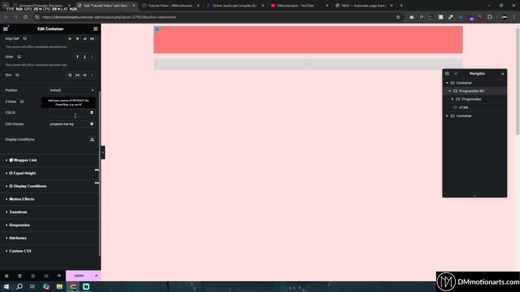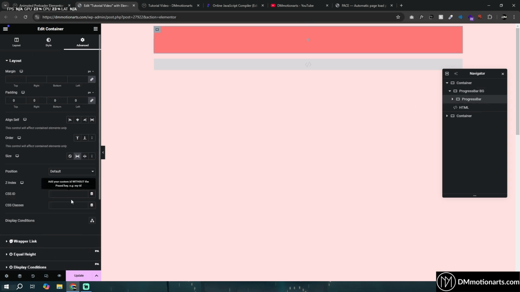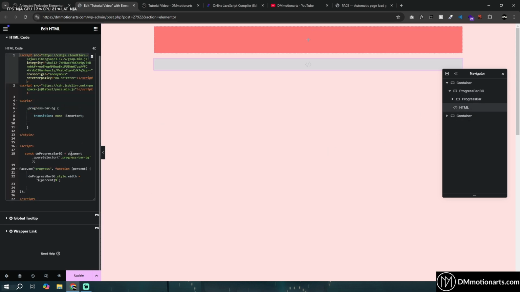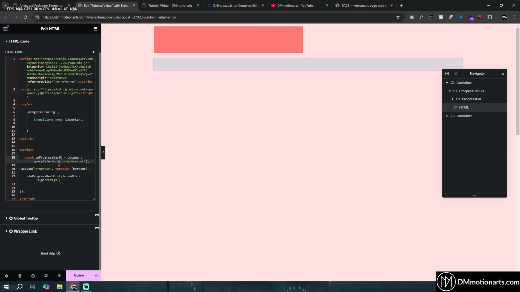Let's change this CSS class, let's remove it, and then we will actually animate this one. We can even make this progress bar instead of progress bar BG. Let's just go in here, let's remove progress bar BG, and let's make this one progress bar. Make sure to do it everywhere you're doing this. Okay,